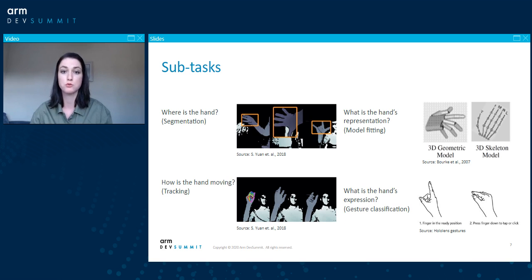It could be a mesh, it could be a smooth surface, it could be a 3D geometric model created from simple primitives, or it could be a skeleton model, which is quite common with, for example, 21 joint positions. And why is this useful? Well, on one hand, you can imagine that this model will serve as a constraint to our system. It will define what is a plausible result of a hand,